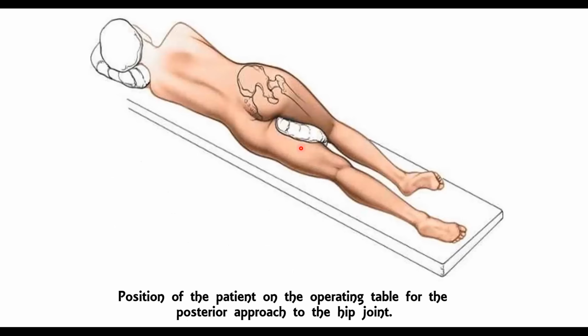This is the position of the patient, they will ask: you need to pad all bony prominences. This is the lateral position. You need to keep the affected limb up, and this is the position. You can see this is the extended limb. You need to even pad the malleoli, greater trochanter, everything, and sometimes you need to pad the lateral condyles also.